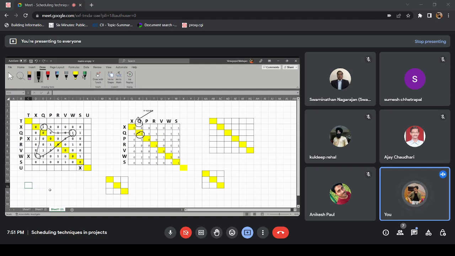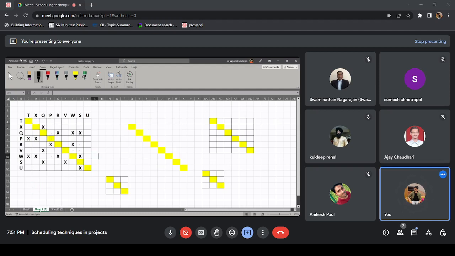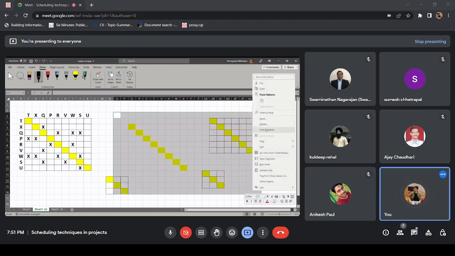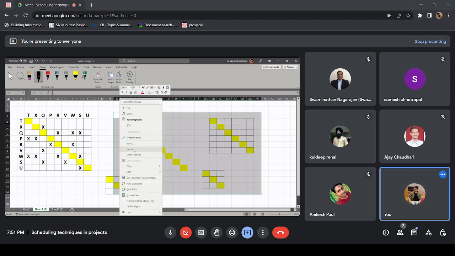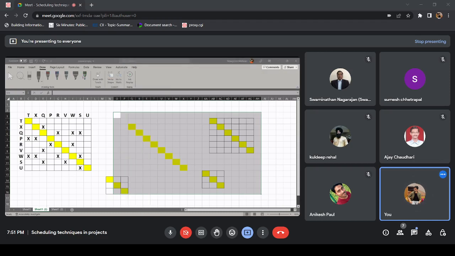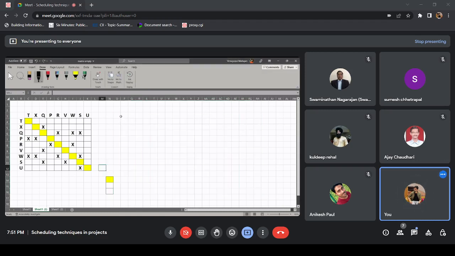I will go to this sheet again. This doesn't look good. Clear formatting. Is there some way to clear the formatting? Okay, I'll just try and delete. T and U are still at the end, but